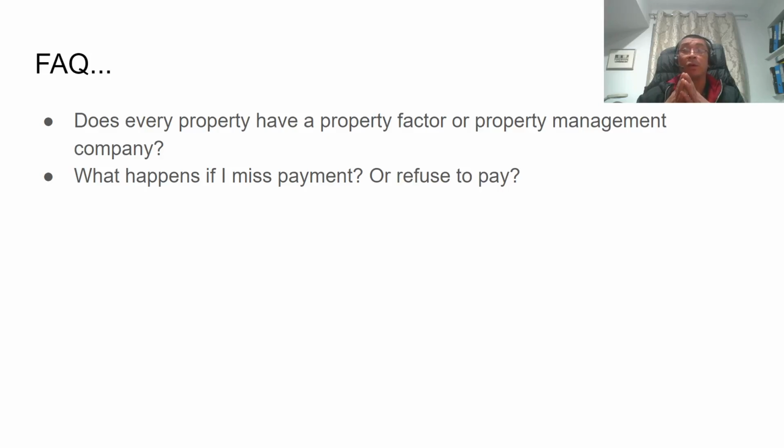Okay. So it is your responsibility, and as an owner, you don't have a lot of control. It's like a consensus. If the majority says, "Hey, we're paying," then as a minority, you cannot really refuse to pay. Okay, so I can't see how you can challenge these things. Do you have to use the property factor, if there is one? And the short answer is yes.